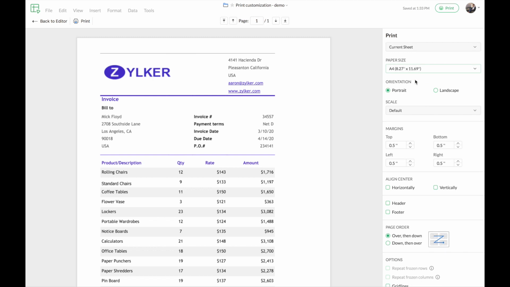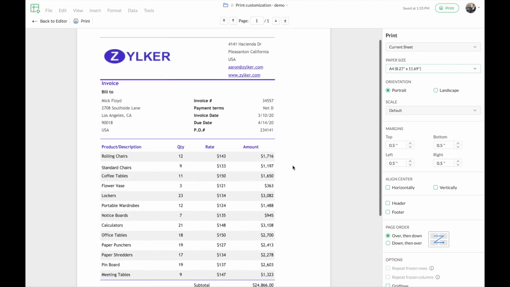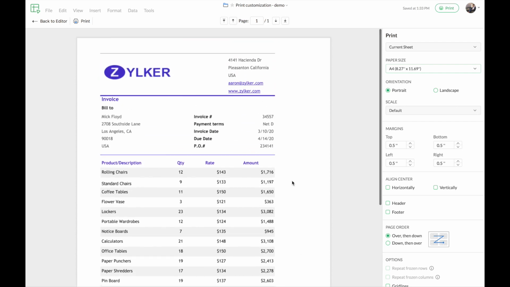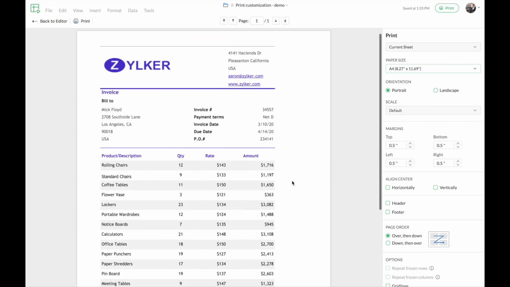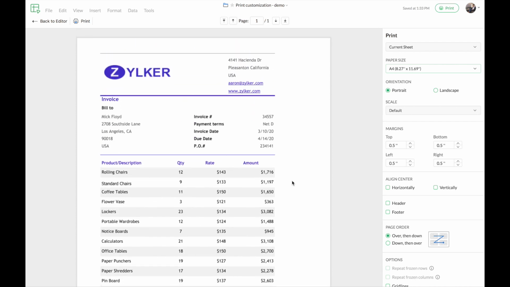After paper size, you can see another option called orientation. This option, that is orientation, decides how you want the data to be printed on the paper. By default, you can see that the orientation is set as portrait. So this is how the data will be on portrait. You can see that the white background behind the data indicates the paper. You can see that the paper is held vertically here in the preview. So this is how it will be in the portrait view.